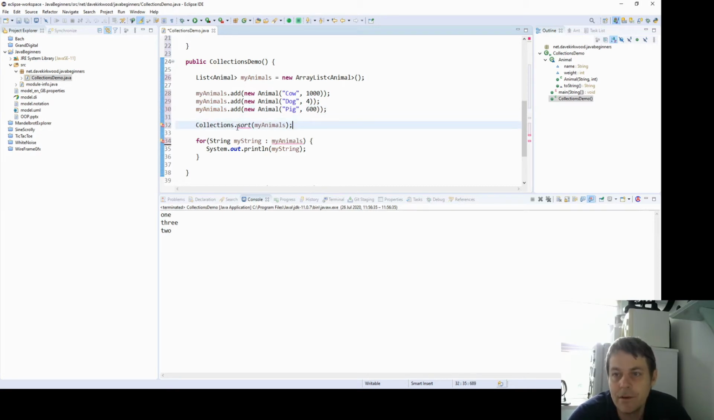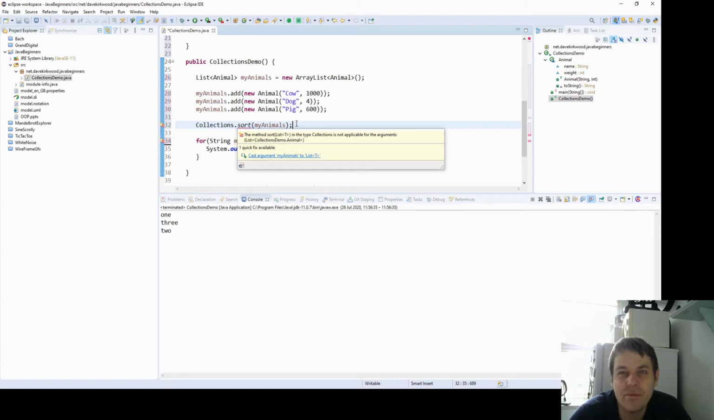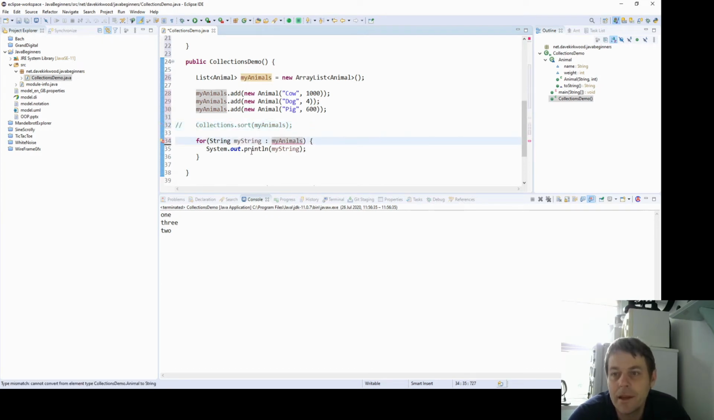Now I've got an error on Collections.sort, so I can't sort the animals. It's saying that the method sort(List<T>) in the Collections class is not applicable for the arguments of Animal. That's a bit of a confusing way of saying that our animals can't be sorted. So I'll comment that out for now, and